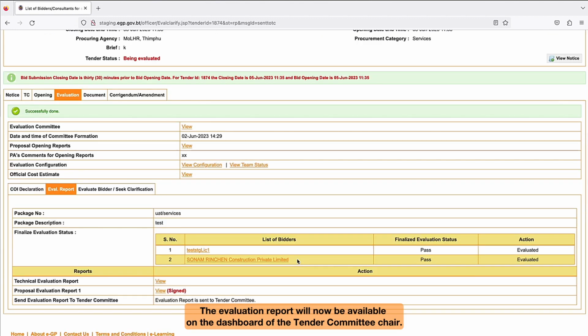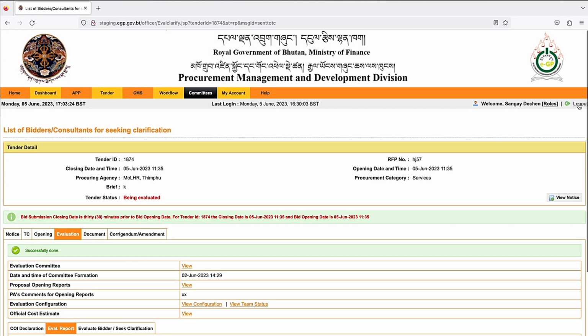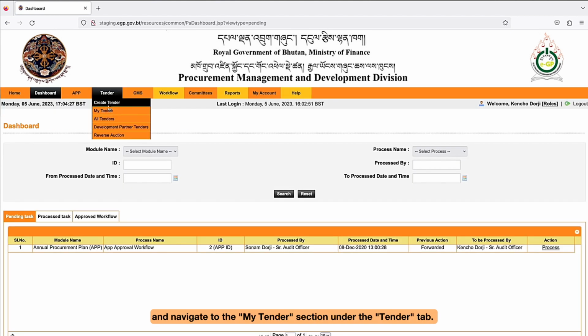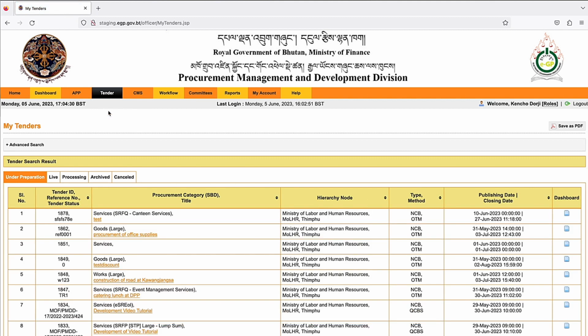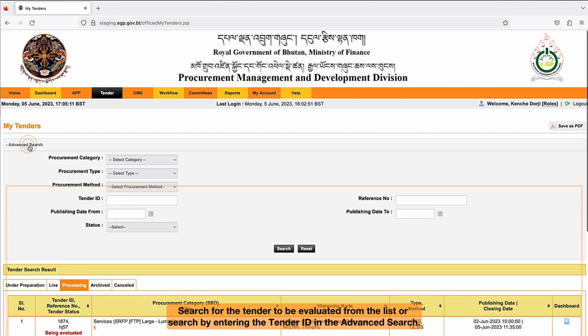The evaluation report will now be available on the dashboard of the Tender Committee Chair. The head of procuring agency should log into the system and navigate to the My Tender section under the Tender tab. Then, go to the Processing tab to search for the tender currently under evaluation. Search for the tender to be evaluated from the list or search by entering the tender ID in the Advanced